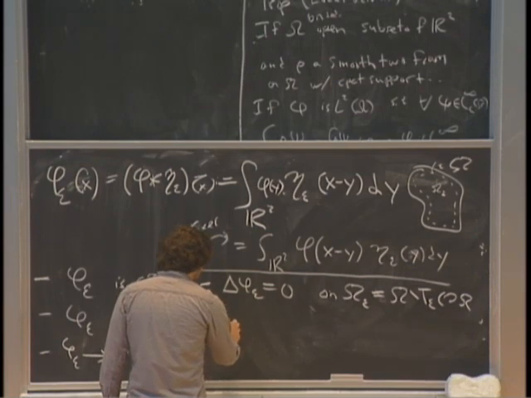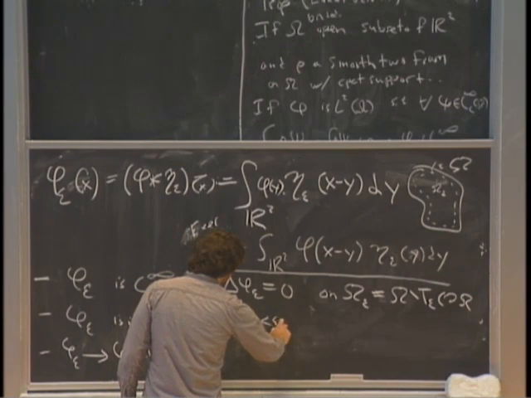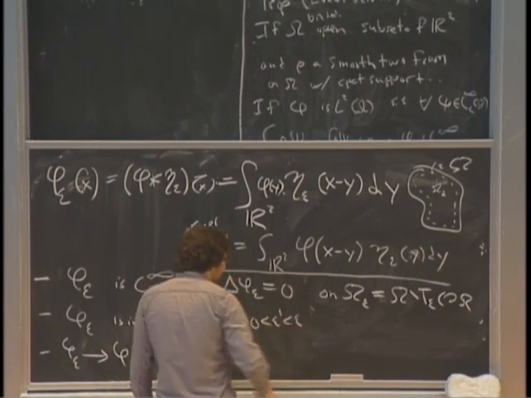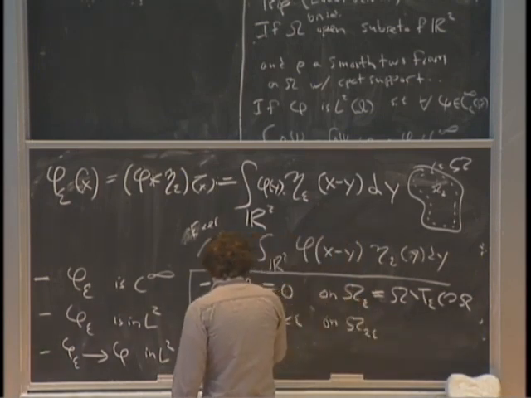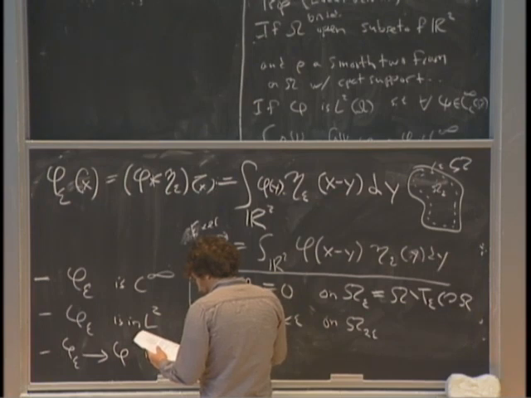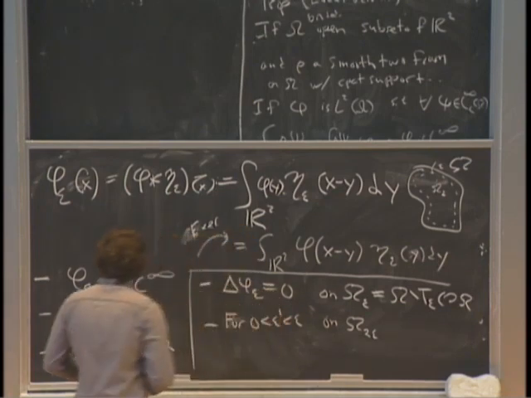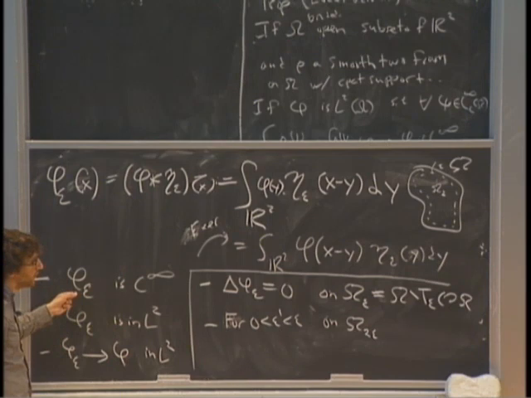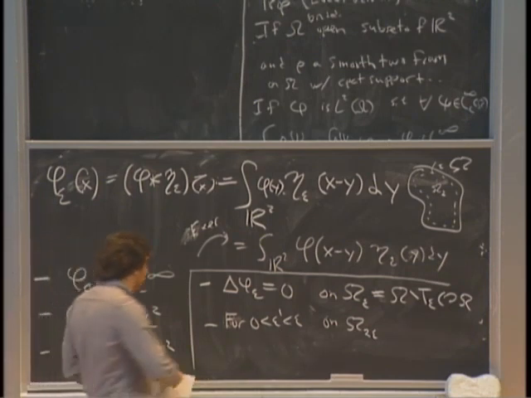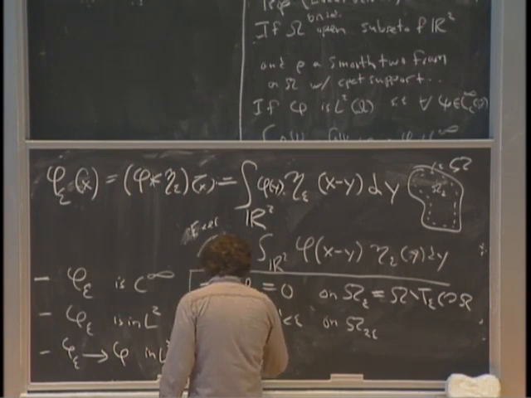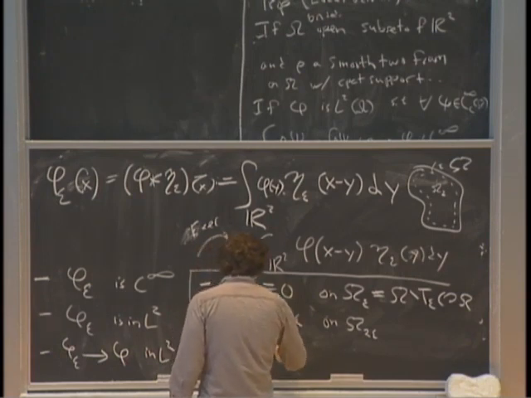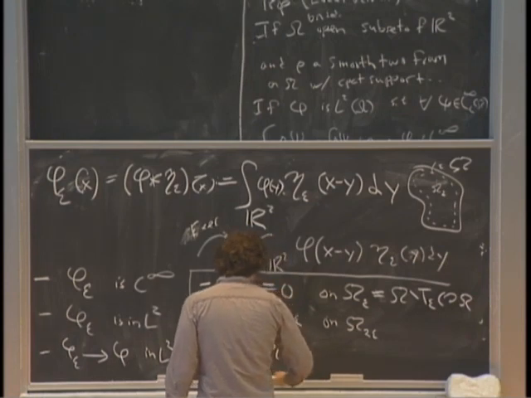For two positive numbers epsilon prime and epsilon, on omega 2 epsilon, if we try to smooth phi epsilon again, we actually don't do anything. So the idea is that the convolution of phi epsilon with eta epsilon prime